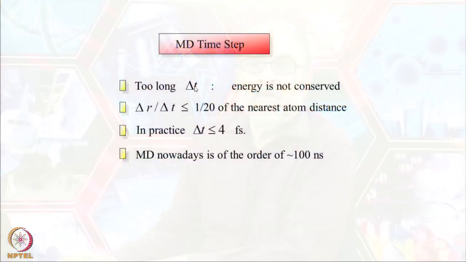If I use a very large time step, then energy is not conserved. There will be problems, because particles will start moving too fast and approach other particles, and there will be a lot of problems with conserving energy. So, a standard practice is that delta r by delta t should be 1 by 20th of the nearest atom distance. The distances between atoms are typically 3 angstroms. So, if the velocity, delta r by delta t, is less than 1 by 20 in magnitude, then that is a good